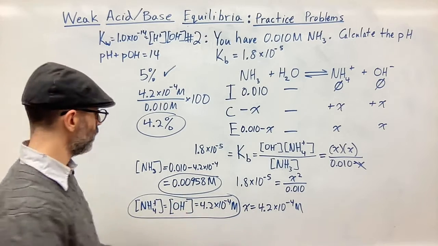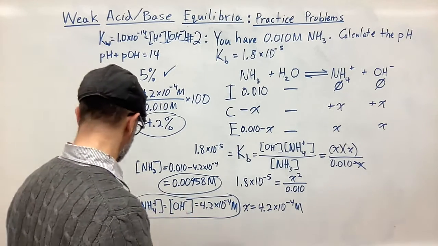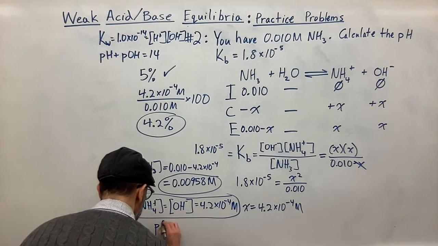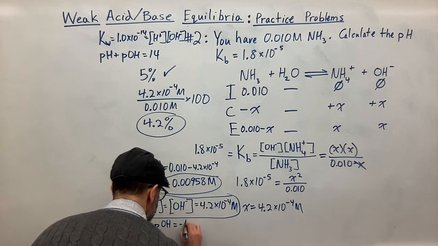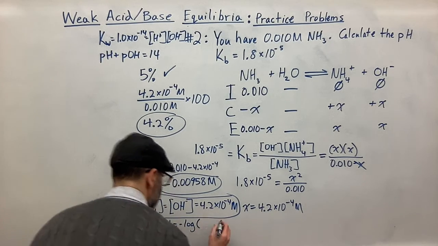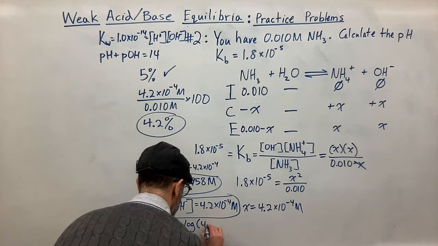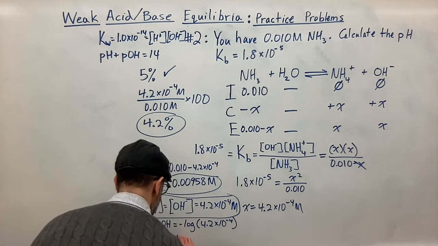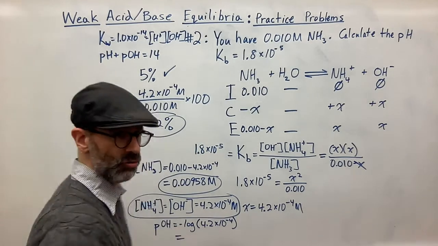Either way works. So I'll do the pOH. pOH is equal to the negative log of the OH concentration, which is 4.2 times 10 to the negative 4, and that's going to be equal to